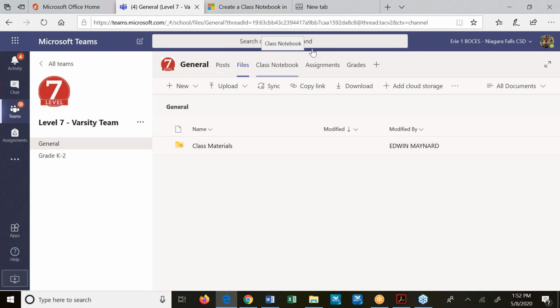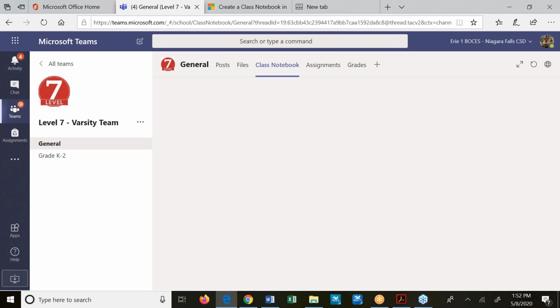All right, level 6, we talked about the assignments and grades tab up here. I'm not even going to get into that right now because that's all level 6 training. Over here is the class notebook. When I click on the class notebook, it's going to look a little bit like the OneNote notebook that I